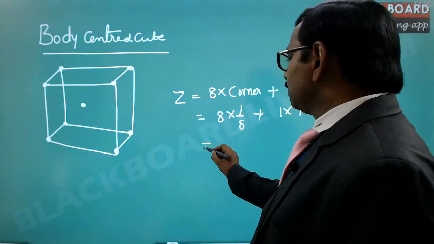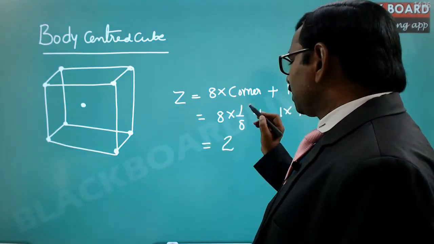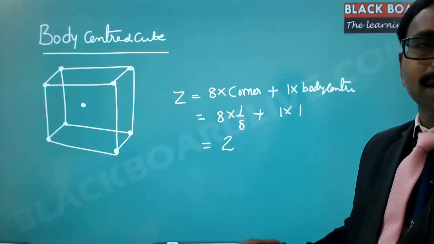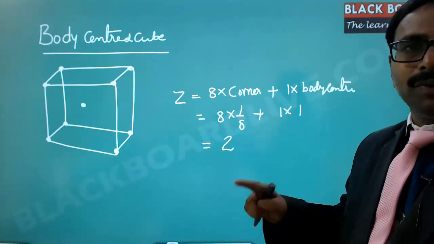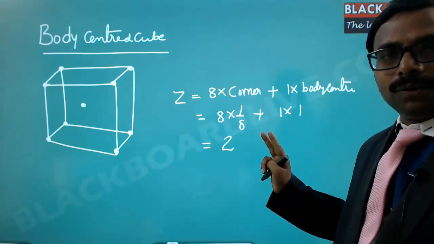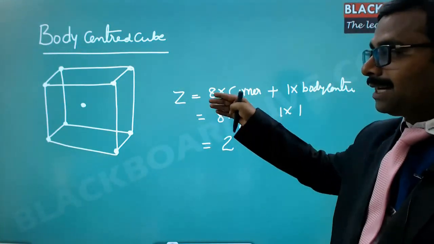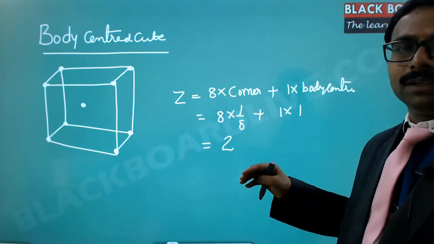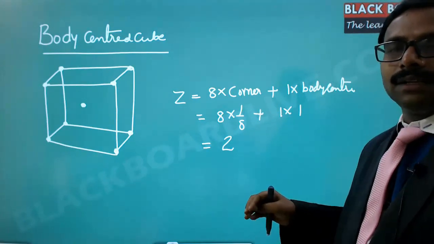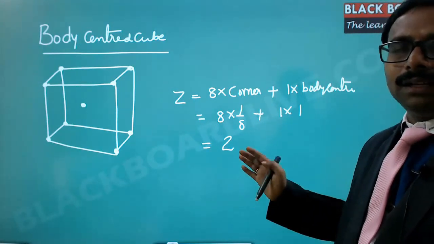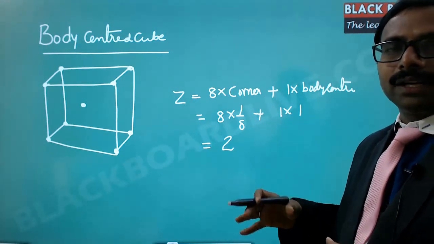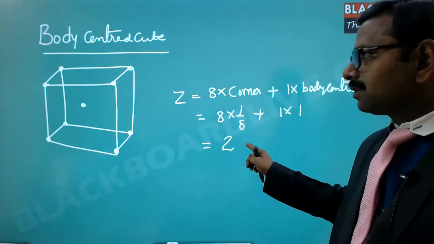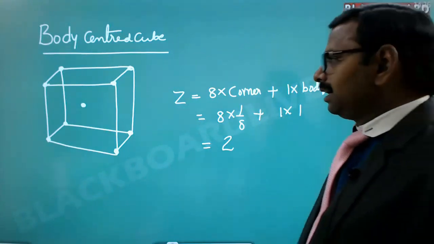It is equal to 2. So the number of atoms in a body-centered cubic unit cell is 2. Simple cube 1, body-centered 2. Actually, lattice points are 9: 1 at the body center and 8 at corners. All these combined give only 2 effective atoms. So Z is equal to 2 for body centered. Next